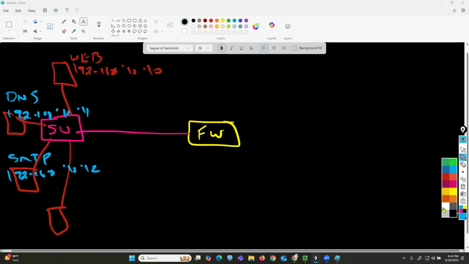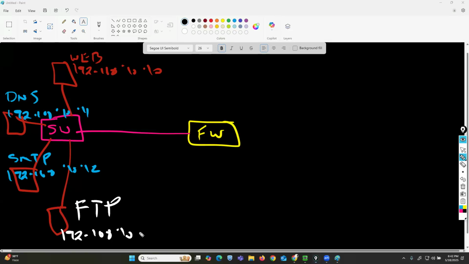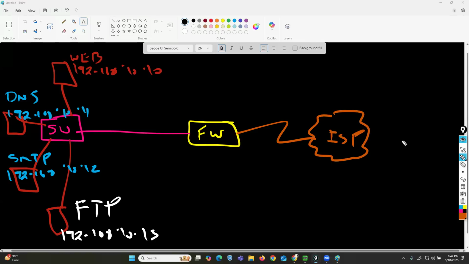And company FTP server, IP address 192.168.10.13. On this side I'm using the ISP side network. This portion is the ISP side portion. This is your public facing interface, FastEthernet 0/0, and the IP address I'm using is